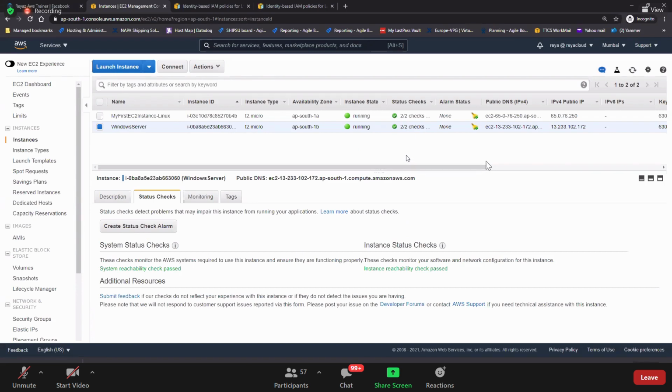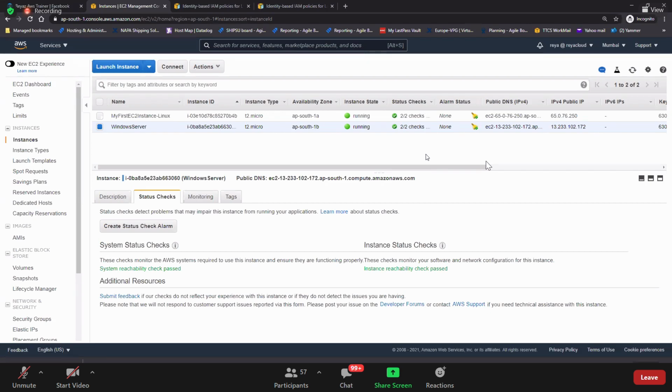Sometimes there will be a chance that you will have only 1/2 or sometimes 0/2. That means the EC2 instance might have not launched properly, or the backend host machine is not good. So what do you do in order to have this healthy? Yes, stop and start the EC2 instance, not restart.